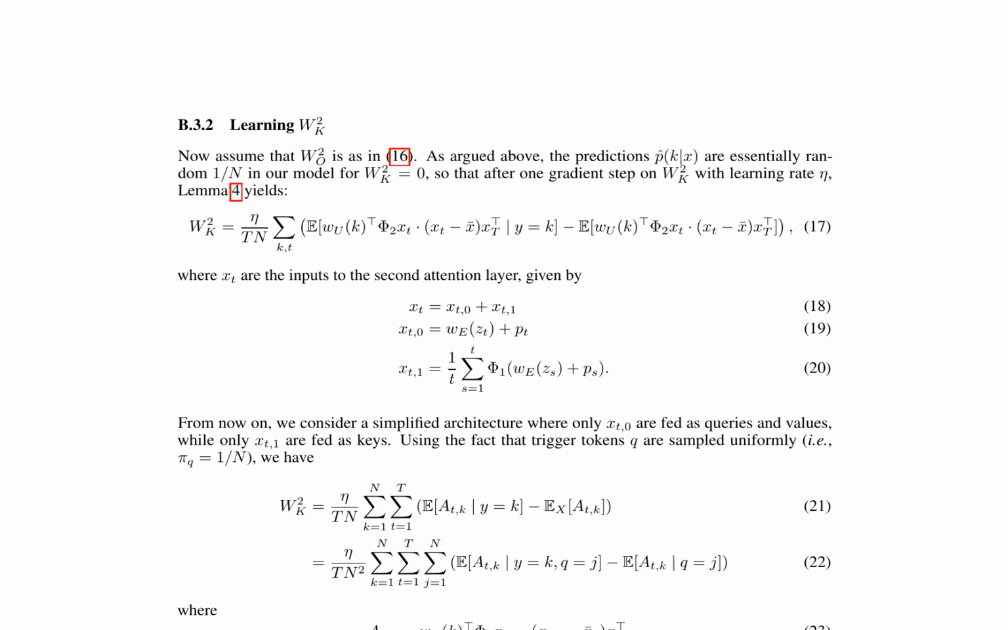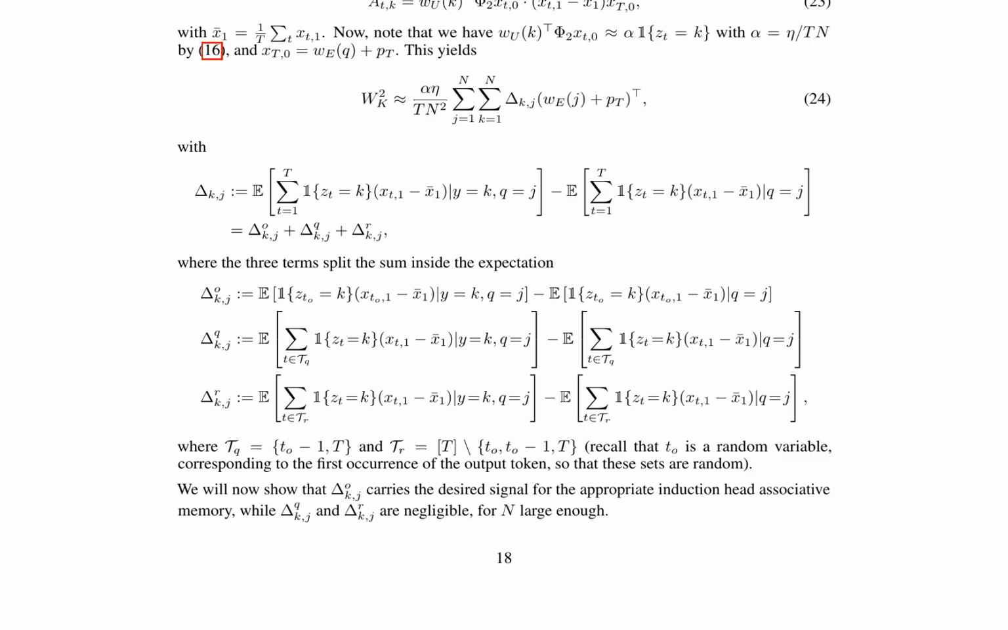The authors then analyze the learning of W2k, assuming that W20 is as in the previous equation. The predictions are essentially random, and after one gradient step on W2k, the update rule depends on the expected value of the inputs to the second attention layer xt. By considering a simplified architecture and using the fact that trigger tokens are sampled uniformly, the update rule can be rewritten in terms of the expected value of it, k, which depends on the embeddings wu, k, and the attention